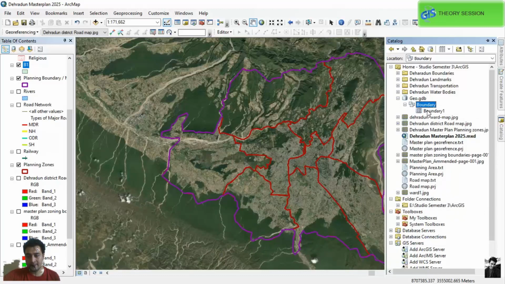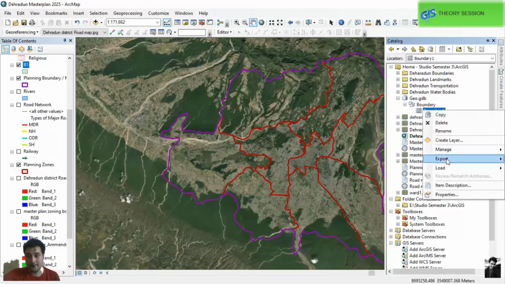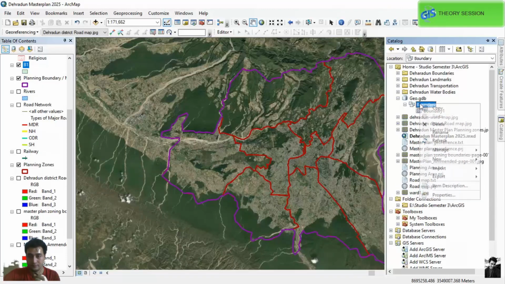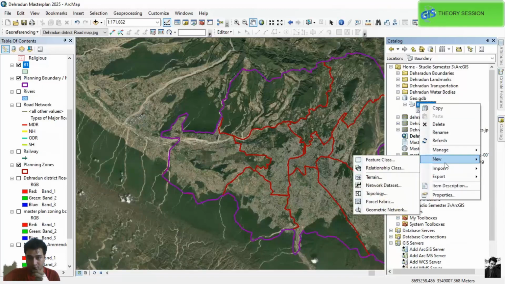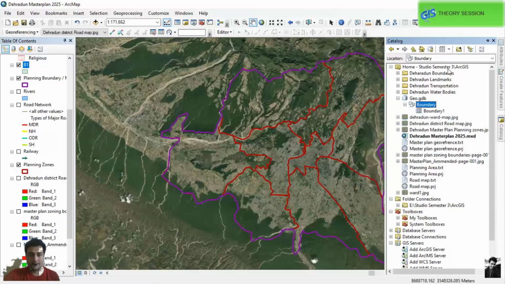Then the next thing is, if we have created many boundaries and we want to show some relationship, we even have a relationship class. We can create a relationship class between the datasets. Then this was what a geodatabase is,